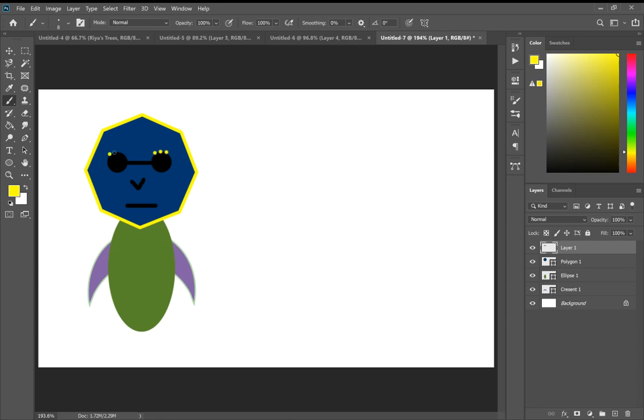Just being really creative here and having a little bit of fun and making things up as I go. And maybe using the eyedropper tool again. You can hit I to do that. I'm gonna take this purple color and maybe do some kind of cheek details. That's a little small. Some sort of cheek details. And then on the clothes, maybe what I'll do are some blue buttons. So I'll take the eyedropper tool,